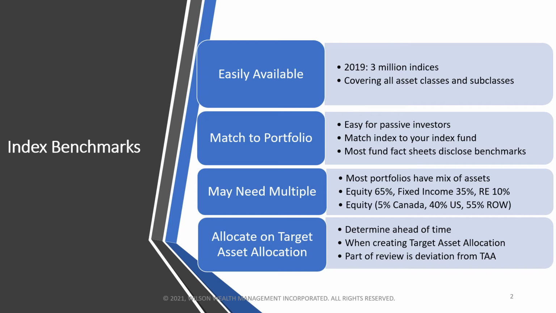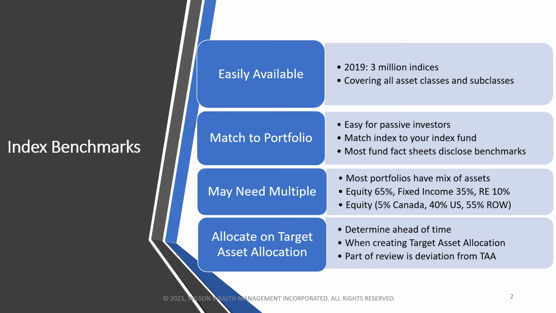So when you're setting up the benchmarks for the portfolio reviews, do it when you set up your target asset allocation initially and not wait until you do your first review. And then down the road, as part of the review process, you're looking at your own investor profile to see if there's any changes and whether that should be changed in your target asset allocation. And if you make changes to your target asset allocation down the road, then you also may want to adjust your index benchmarks. So that's kind of an overview of